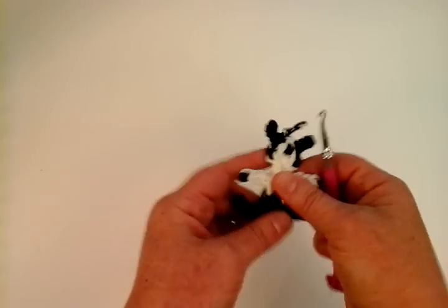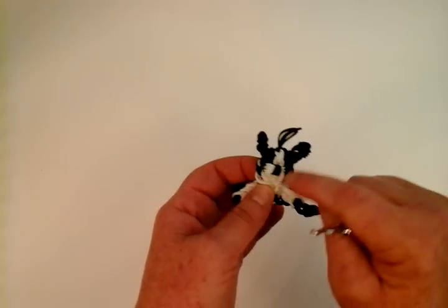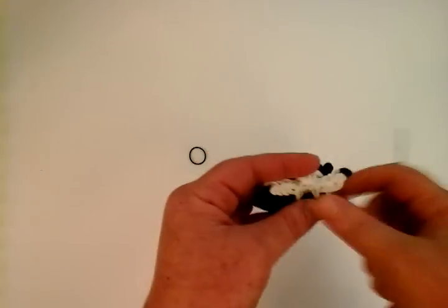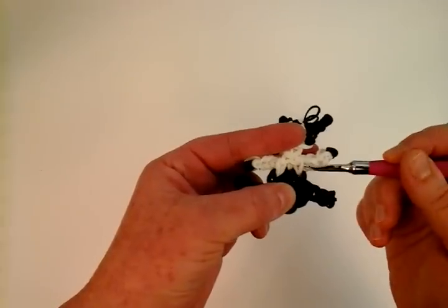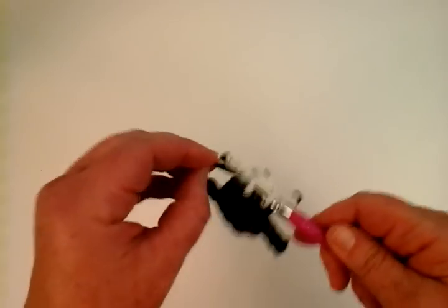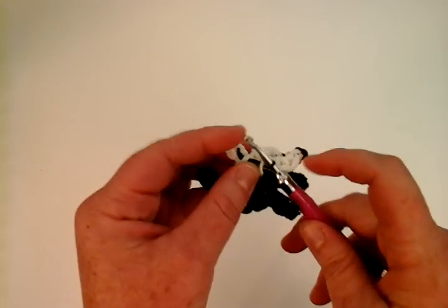Now I'm going to sew the body together, and after we sew it, then I'm going to show you how to make the paws better and make the head look more like a Boston. So I'm going to use black, single black. There are stitches right here, these white stitches. I'm going to place my hook right underneath it, so it looks like that. Place the black on the hook, bring it under, make a slip knot,